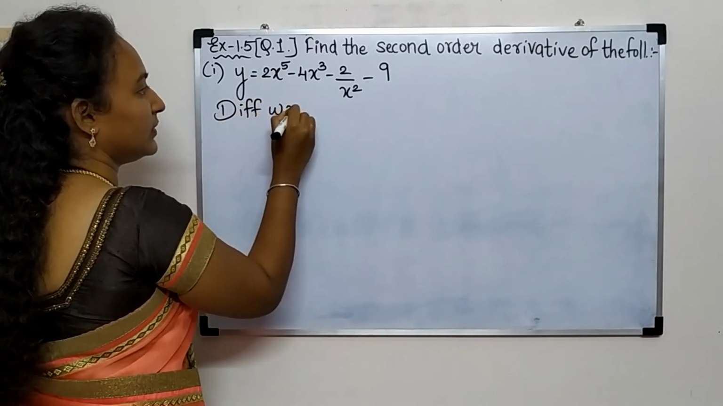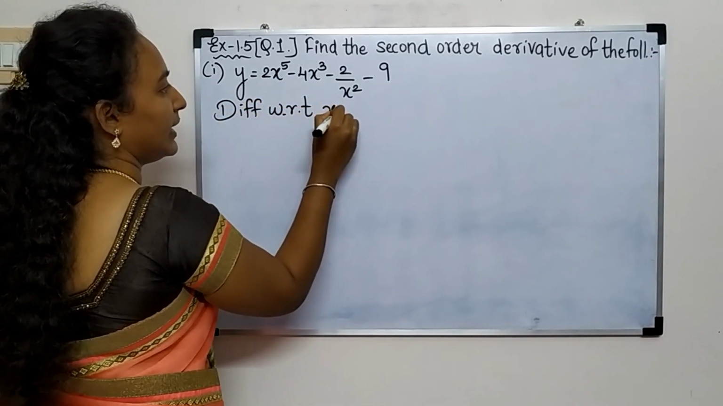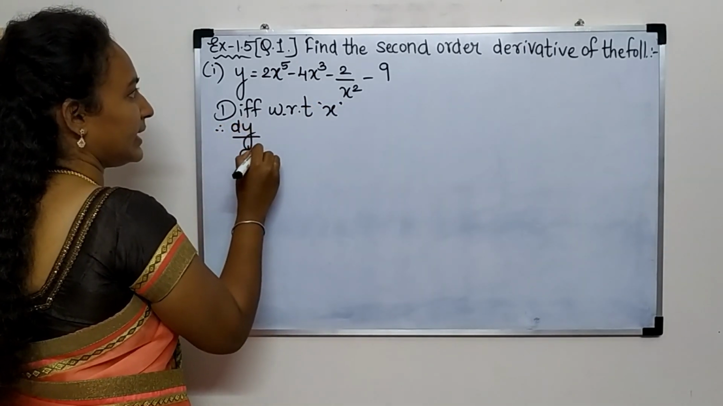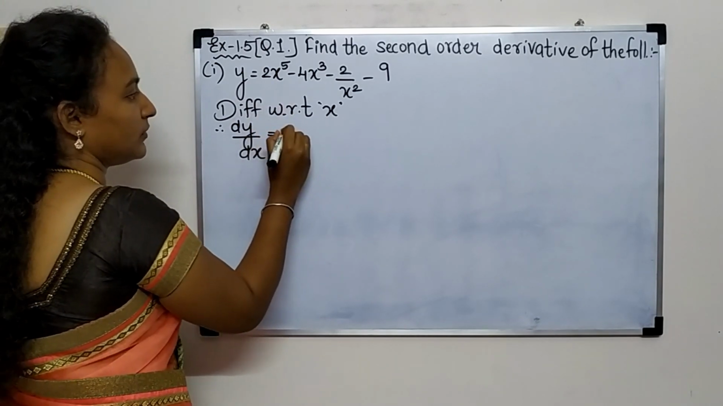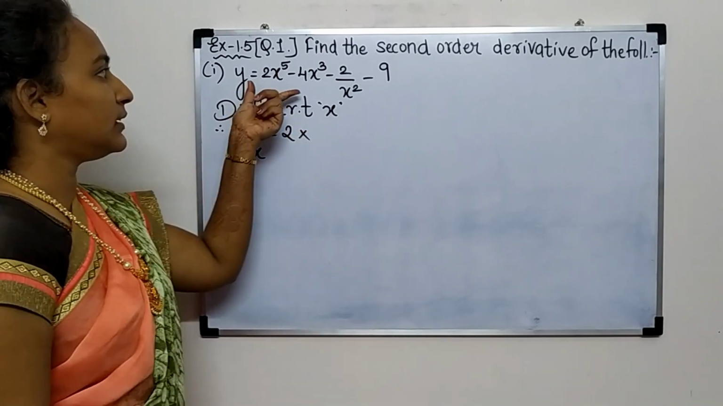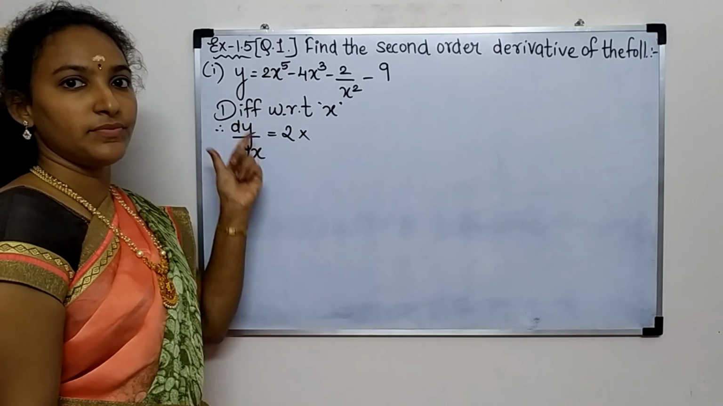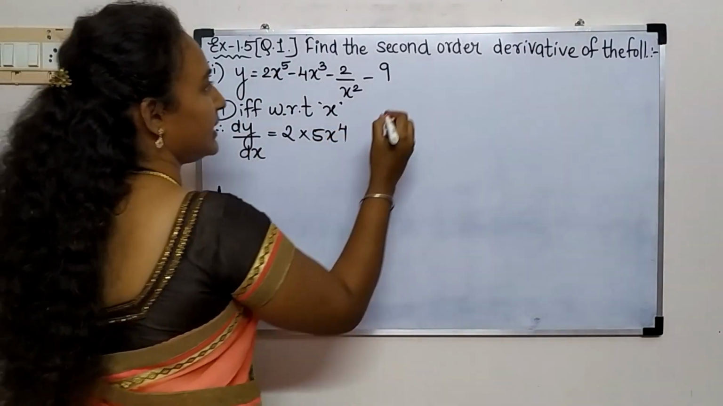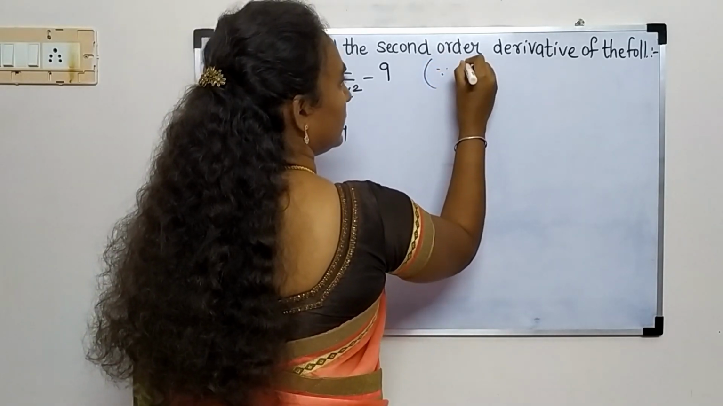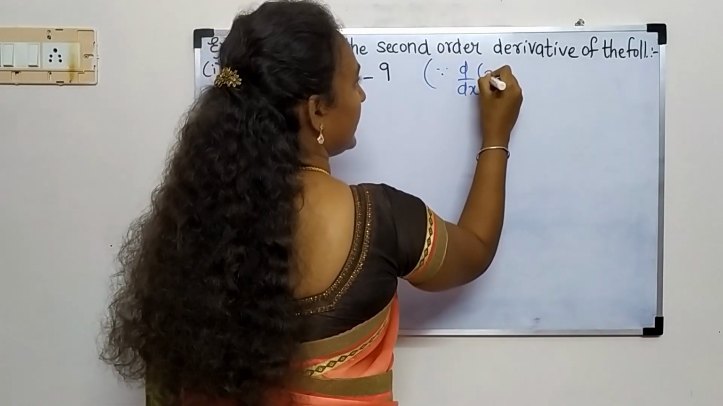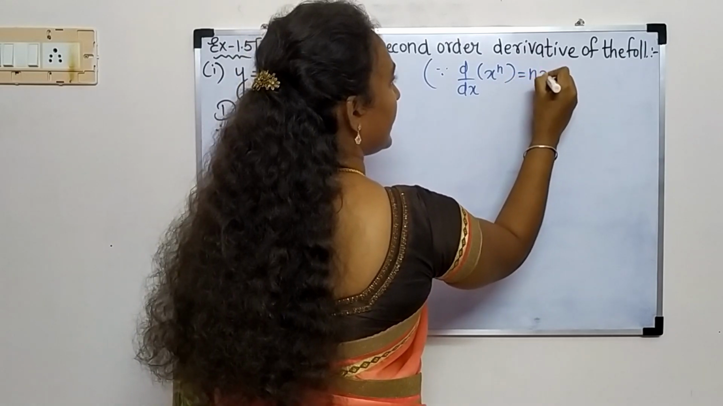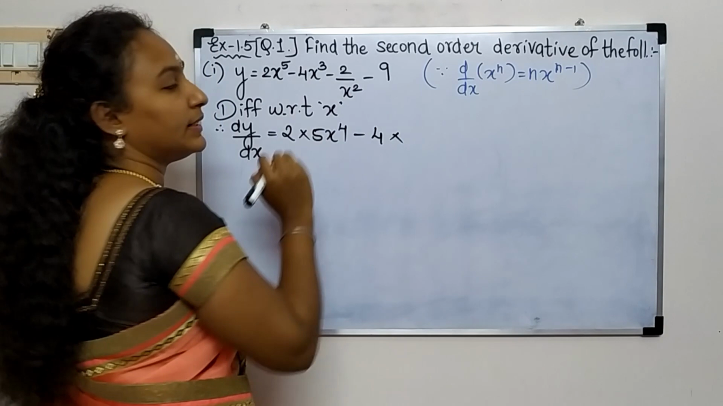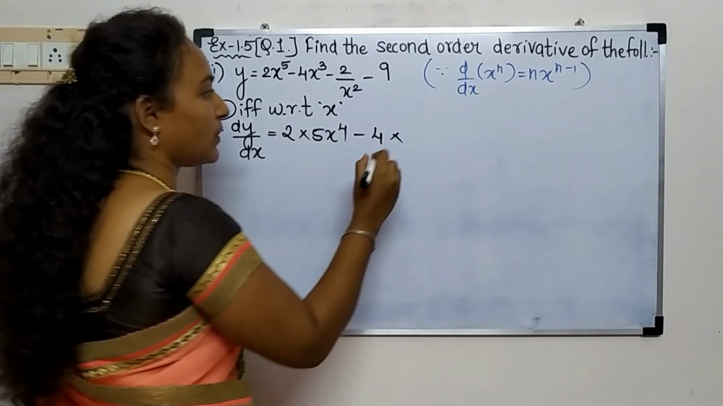Differentiate with respect to x. Therefore, dy by dx is equal to 2 multiplied with the derivative of x raised to 5, which is 5x raised to 4, since the derivative of x raised to n is n x raised to n minus 1, minus 4 multiplied with the derivative of x cube, which is 3x square,